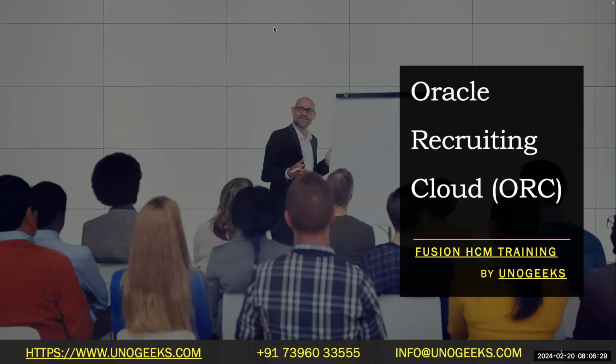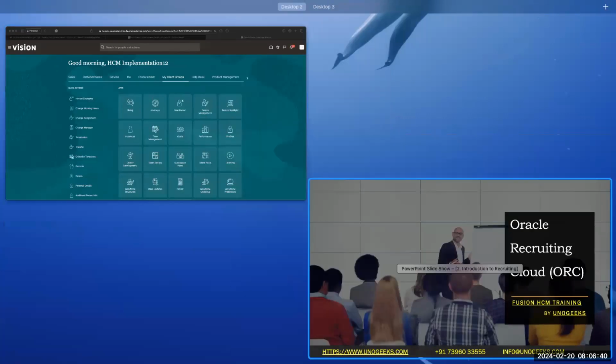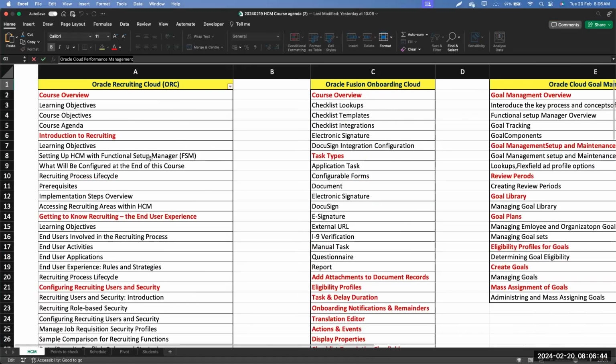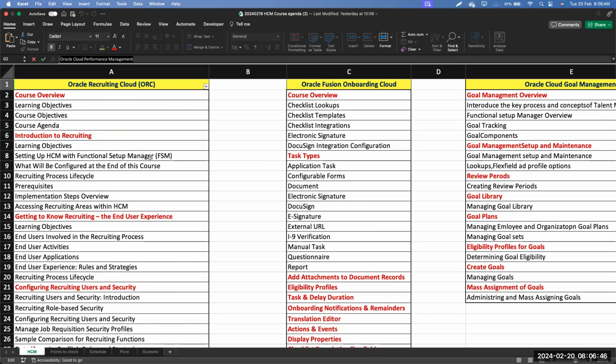So just a quick recap of what we saw yesterday. Yesterday was the first session, so we just had an introduction about everyone, and then we went through the course agenda. So let me just bring up the course agenda. This is the course agenda which we went through yesterday. We saw all the modules we'll be talking about, and the subtopics and the course methodologies, everything. So this is what we saw in our yesterday session.